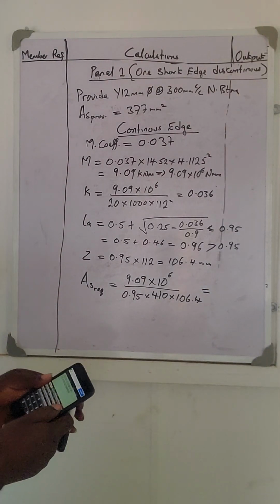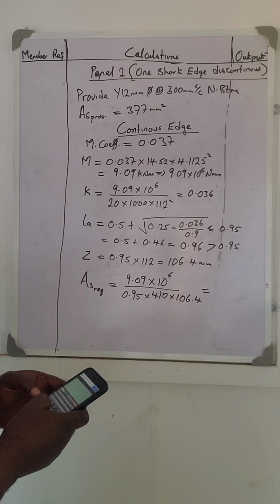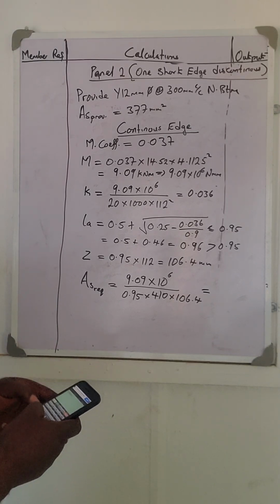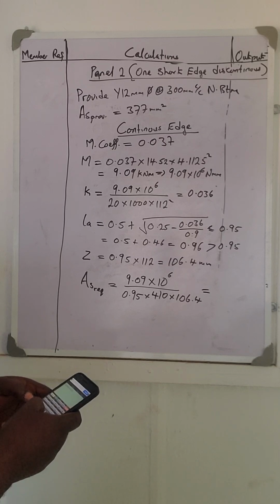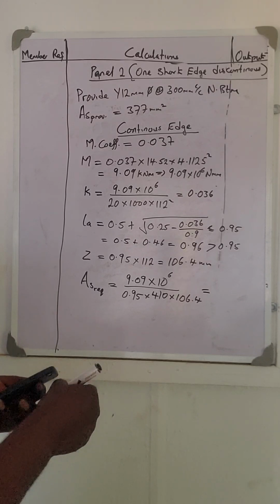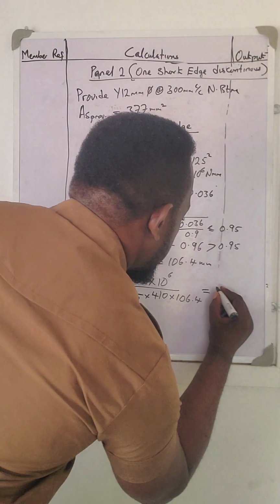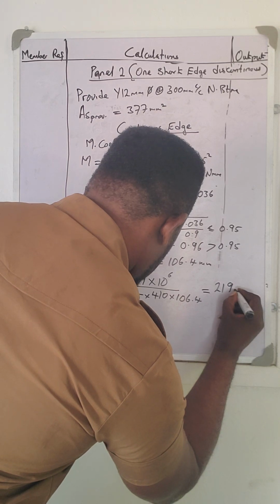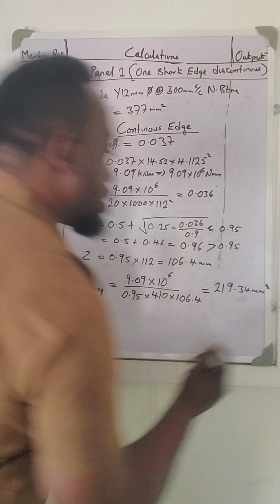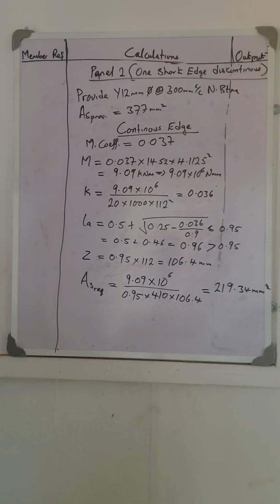If you compute this, 9.09 exponential 6 divided by 0.95 multiplied by 410 multiplied by 106.4, this will give me 219.34 millimeters square. Okay, you now go to that table,